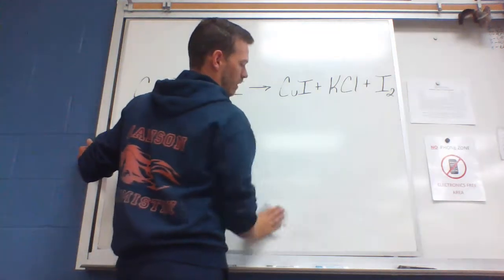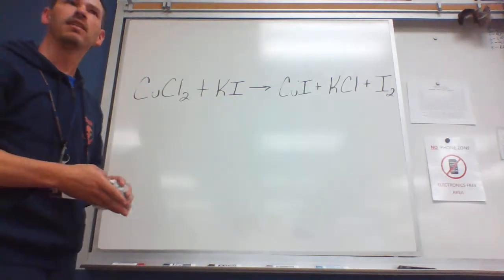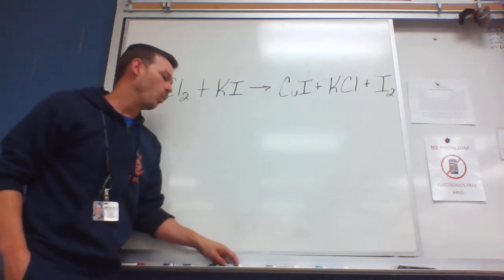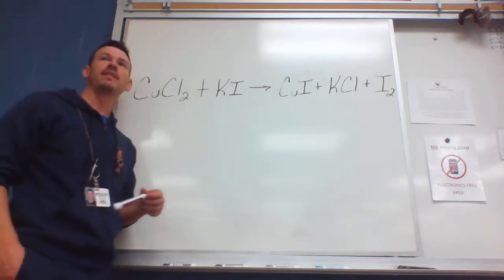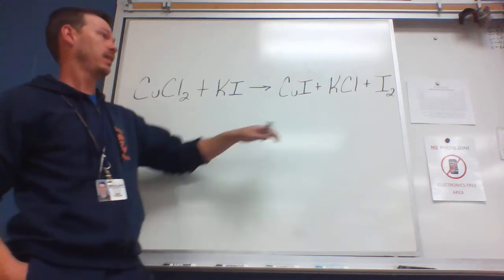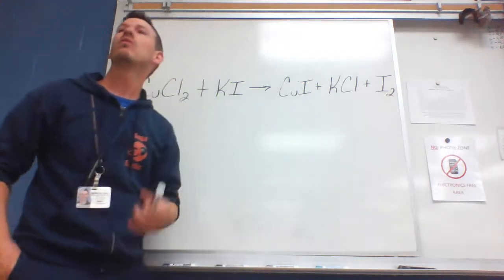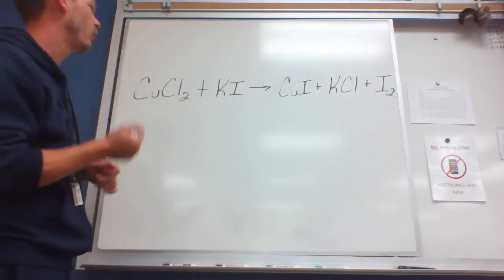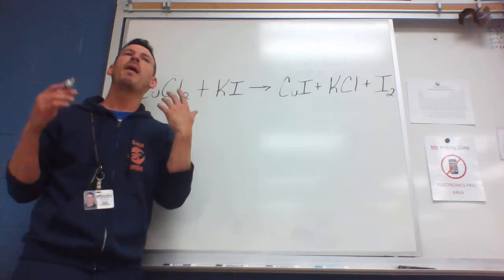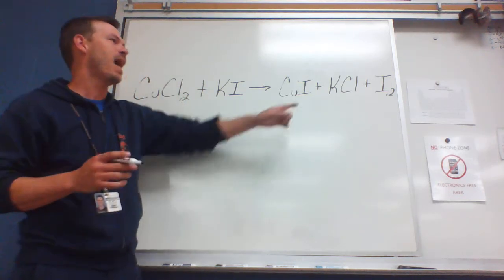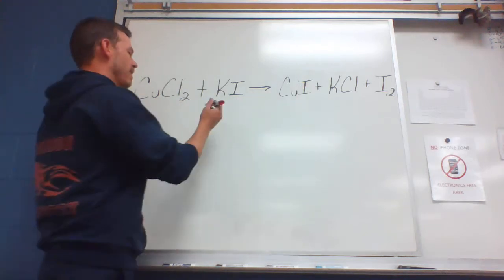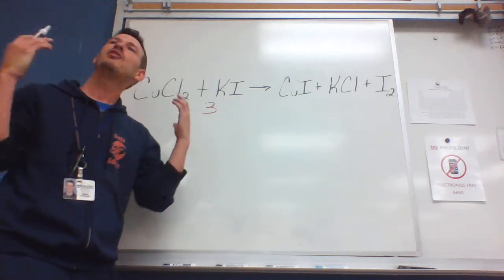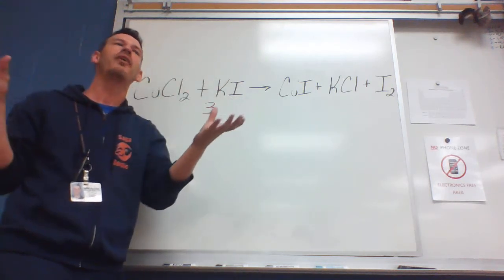But if I just look at this, what element's the most annoying element that's in this equation? Iodine is super annoying, all right? Now, when I'm training new chem students to do this, I always tell them to ignore split elements. See, he split. But you can get to the point where tackling them up front from a mathematical standpoint can be useful. All right? Like, here's what an untrained brain might think. How many iodines are there over there? 3. So you might think, don't write this, that, well, if I put a 3 there, it would fix the iodine, but that would send you down a terrible road,